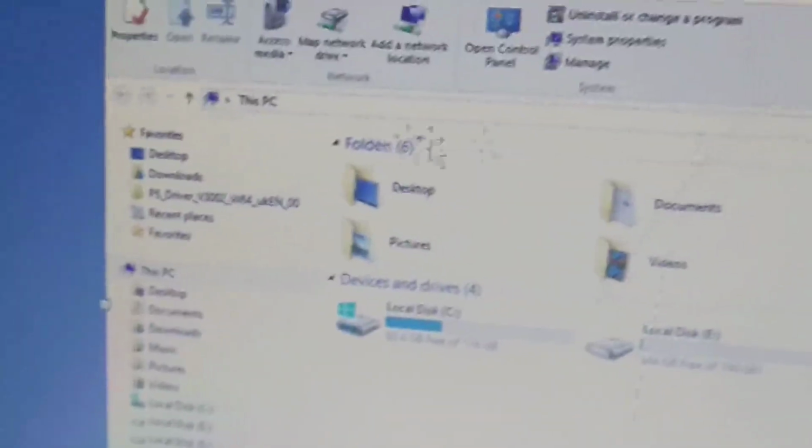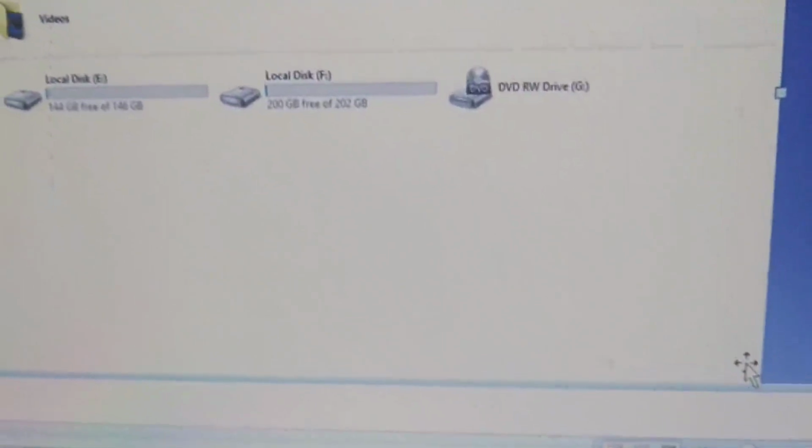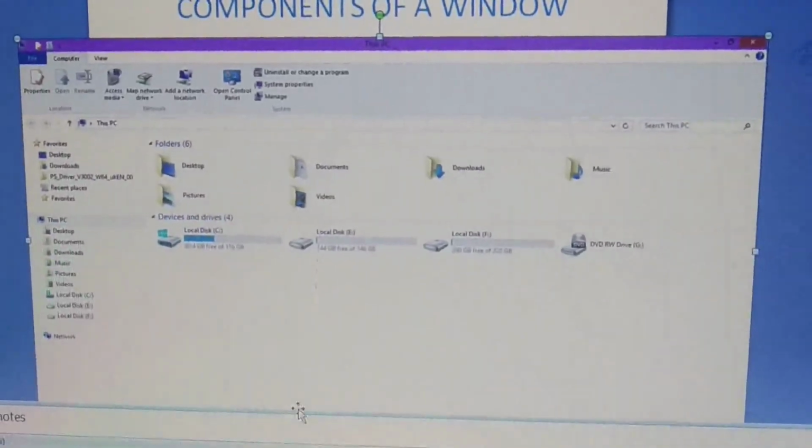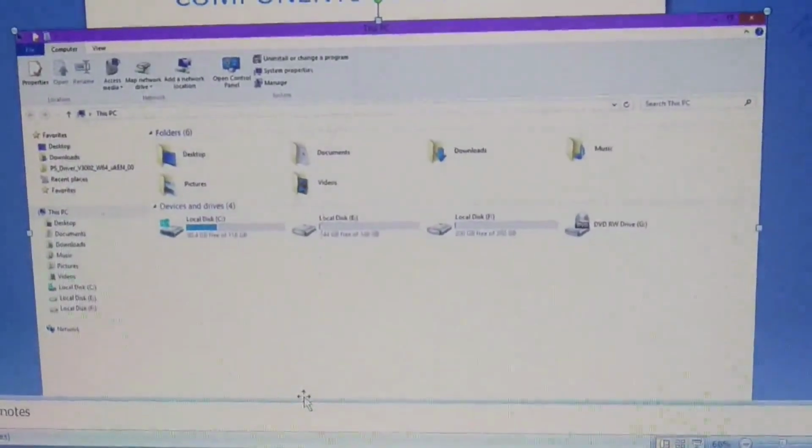And similarly, we have scroll bars. In this window, there are two types of scroll bars. Whenever the physical area is less and the file contains much more area, your scroll bars will appear here, upside and downside, and they are known as vertical scroll bars. And similarly, on this side of the window, you can have two scroll bars which are horizontal scroll bars. Horizontal scroll bars will move your page horizontally, and vertical scroll bars will move your page vertically.